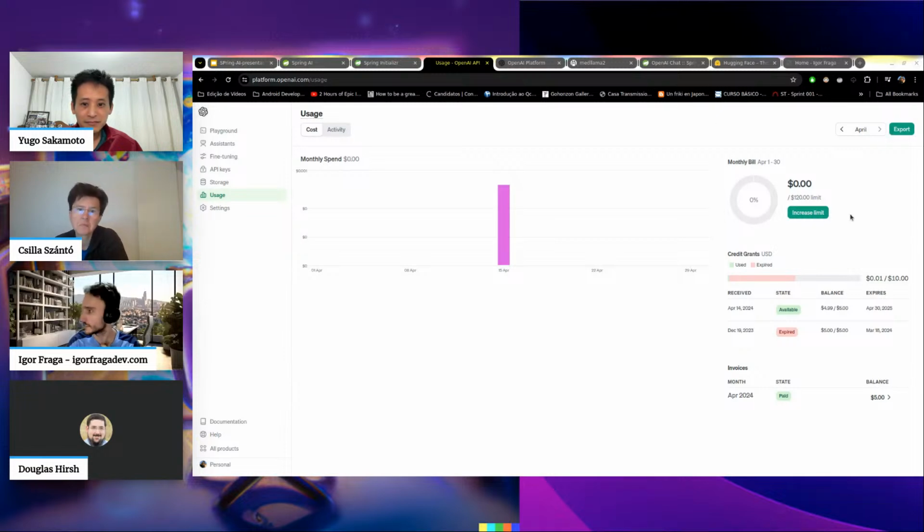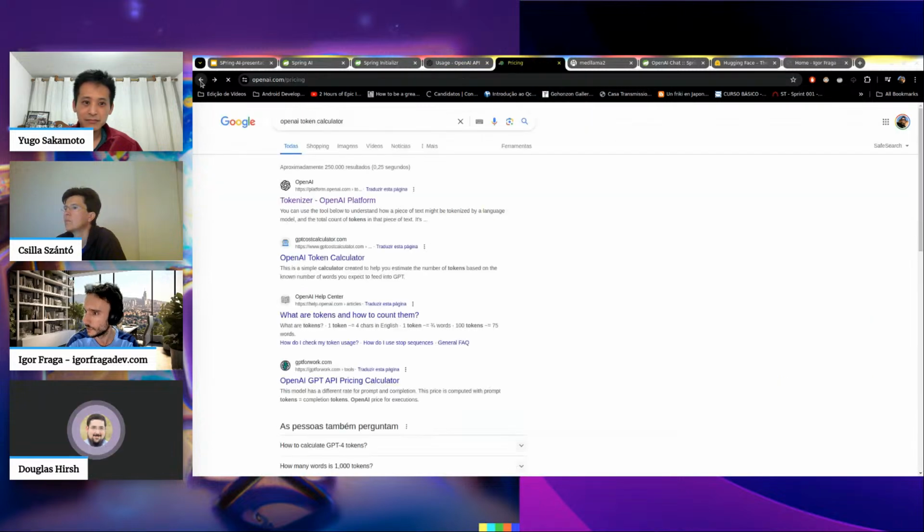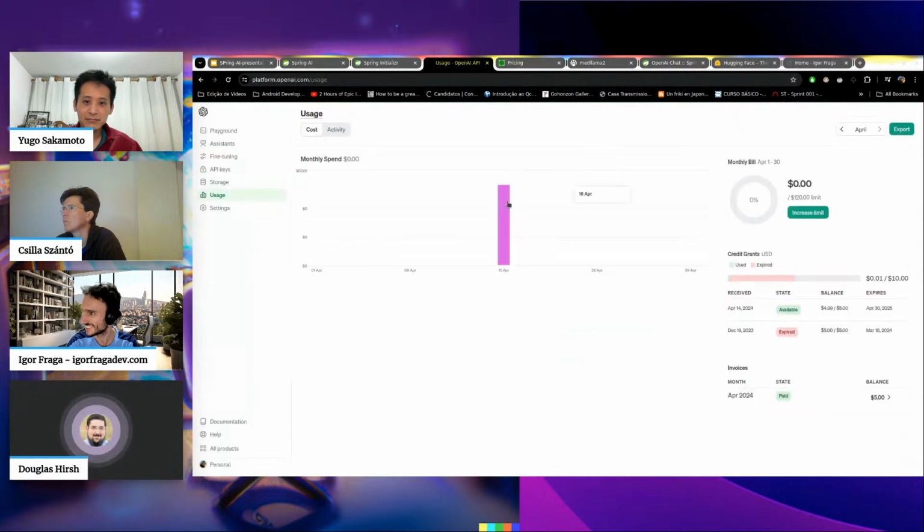Oh, here it is. 1 cent. You spent less than a thousandth of a cent, I think. If you look at that graph, it sits under 0.001.